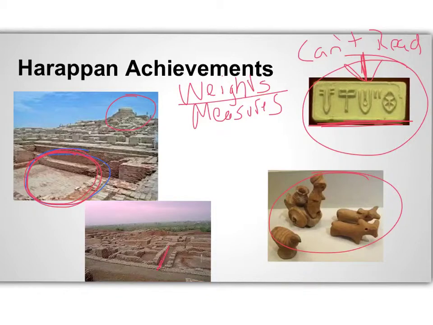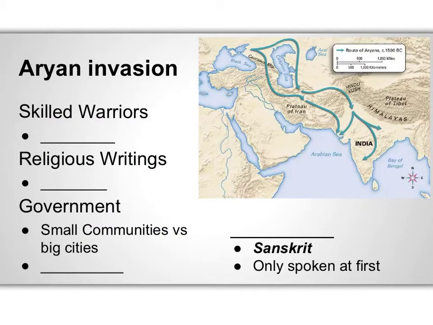Again, you can see the streets here. This is the city. I believe this is Mohenjo-Daro. The Harappan civilization was pretty advanced, but they didn't last. In time, a people called the Aryans migrated into this part of India. You can see from this map from the textbook just how far they migrated from. They started over here in what is called the Caucasus, and over many hundreds of years, made it to India. This is the location of Harappa, the Harappan civilization, this area that I'm circling. They eventually made it there.